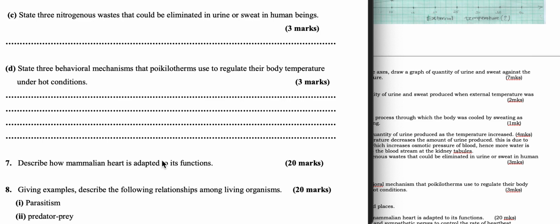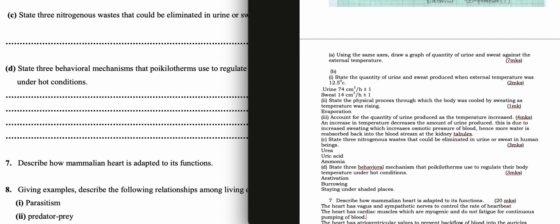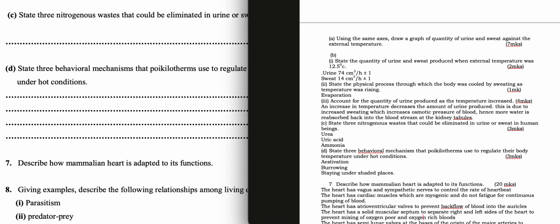Describe how the mammalian heart is adapted to its functions. The heart has vagus and sympathetic nerves to control the rate of heartbeat. The heart has cardiac muscles which are myogenic and do not fatigue for continuous pumping of blood. The heart has atrioventricular valves to prevent backflow of blood into the auricles. The heart has a solid muscular septum to separate right and left sides of the heart to prevent mixing of